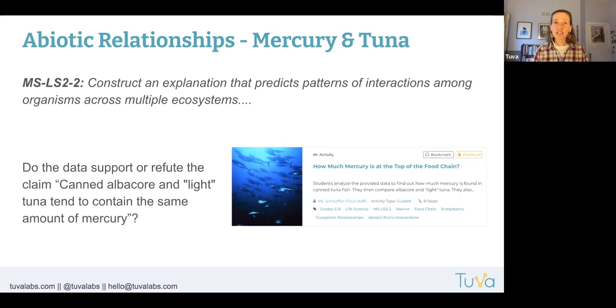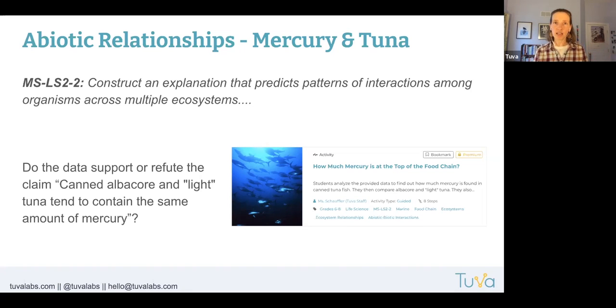And we can use data looking at tuna, canned tuna, something that many students are familiar with. Either they've eaten a tuna fish sandwich, or they know someone who's eaten a tuna fish sandwich, or they have eaten sandwiches and they can think about eating fish, things like that, to get at this question of when do these interactions between organisms and the abiotic components not go so well,